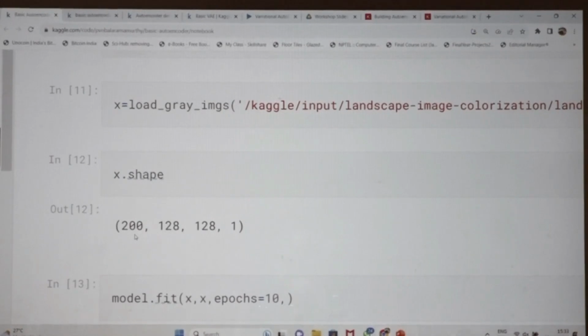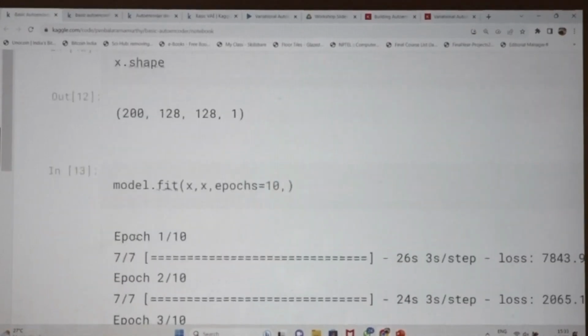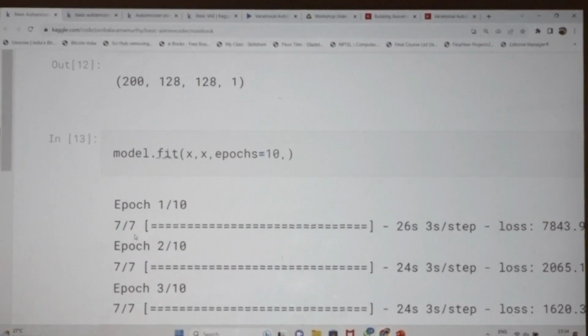Now model.fit, I am just running 10 epochs only. And I am giving X and X. I want to give the black and white image and get the black and white image only. Whatever image I am giving, I am expecting the same.